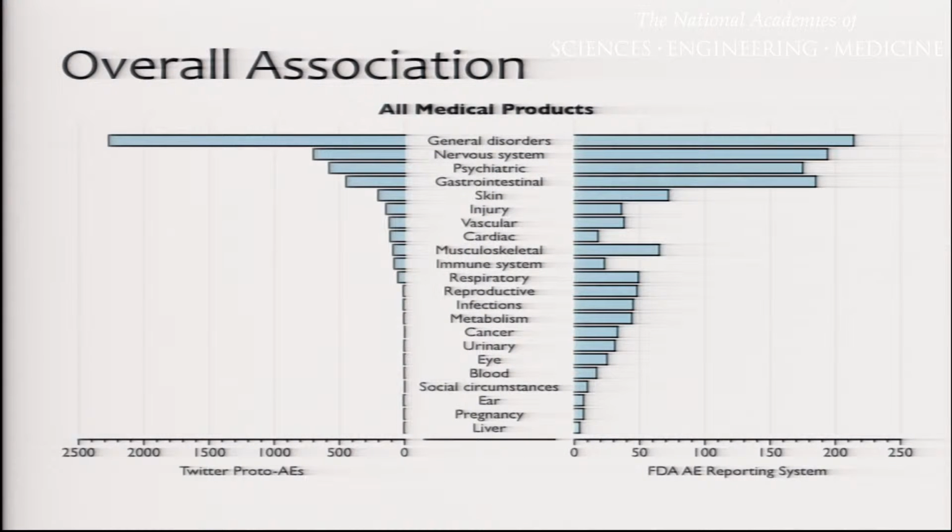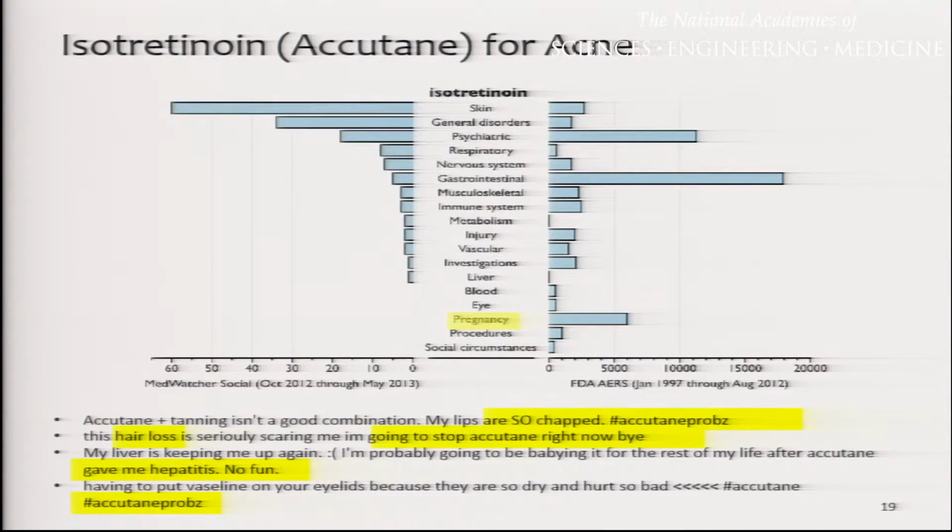Of course, there's a lot of research that's gone into this data. I don't have time to get into all the details, but generally the associations we see from FAERS are similar in proportion to what's coming through social media sites, but there are some important differences. If you take something that's been on the market for a long time like Accutane, you'll see that important severe events may never come through some of these social media channels, but at the same time, less severe events come through these channels that might not ever get bubbled up to a physician.